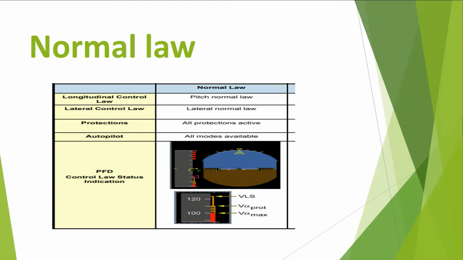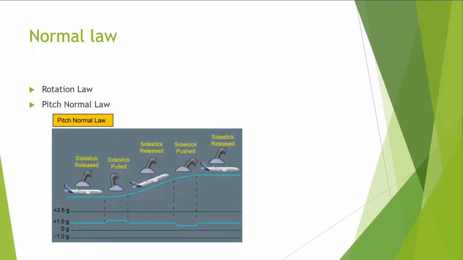So the normal law is the computer protecting the aircraft from high speed problems, stalling, etc. For the normal law, we have a rotation law,